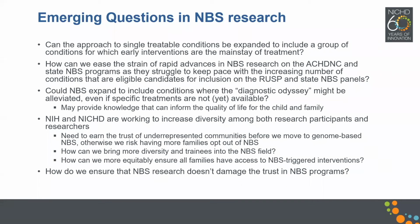At the same time, though, when we add a lot of conditions to the RUSP, leading to the second question, that puts a strain on the system, and that also does potentially add to the struggle of newborn screening programs that are trying to keep pace with the increasing number of conditions that are either candidates for or have been adopted, not only on the RUSP but by state newborn screening panels. So these are very real, diametrically opposed issues that I don't think we have solutions to yet, but